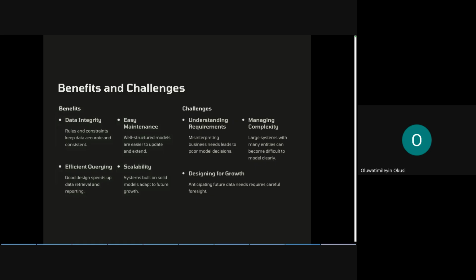Some of the benefits with data modeling and design is pretty much data integrity. Rules and constraints help keep data accurate and consistent. There's also easy maintenance. Well-structured models are easier to update and extend, because if it's properly designed, we know there are no duplications. If we want to scale or maintain, we can easily maintain what is already working and